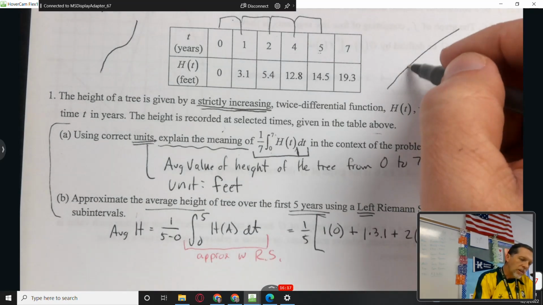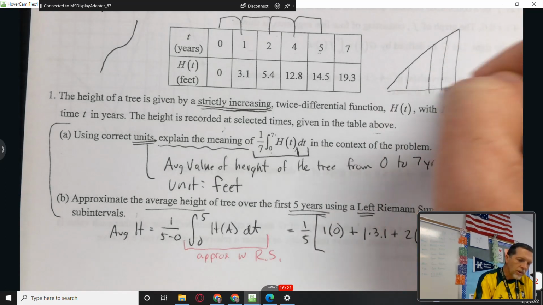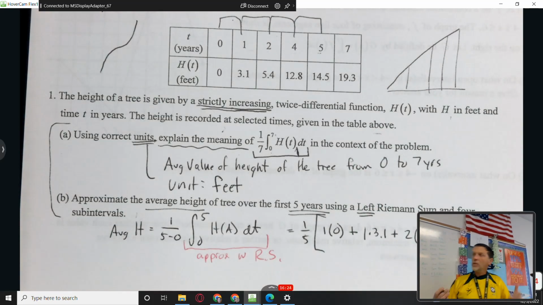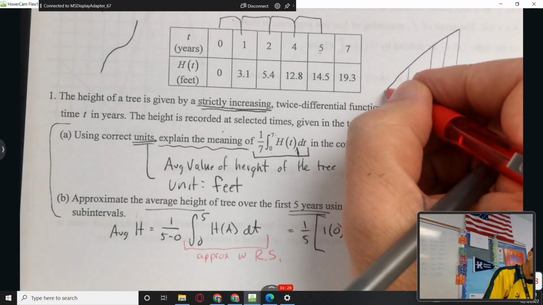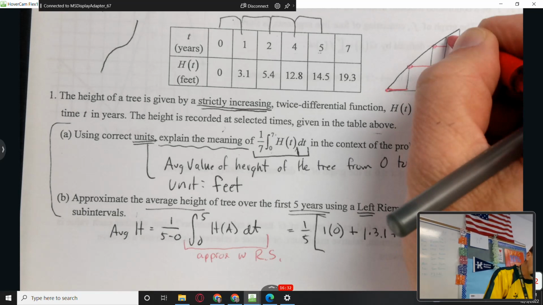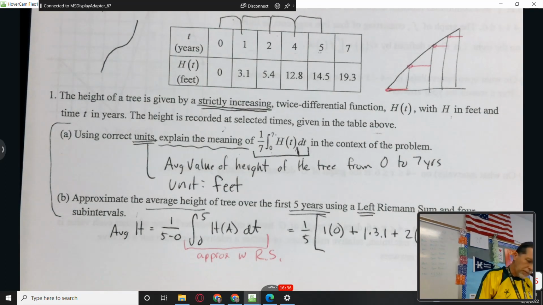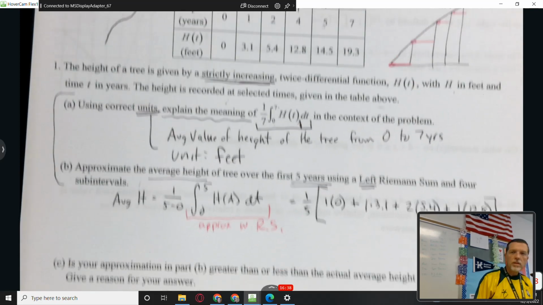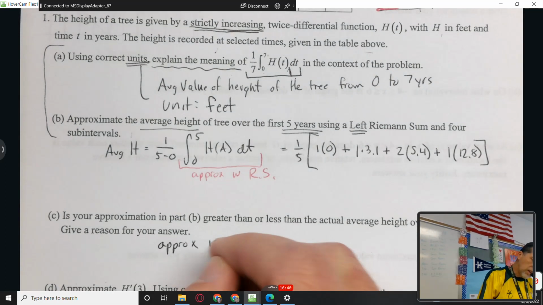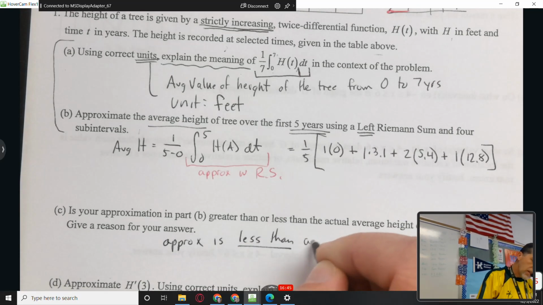So if I divide that into 4 subintervals, and I use the left-hand height each time, that's underneath. So my approximation is less than the actual,